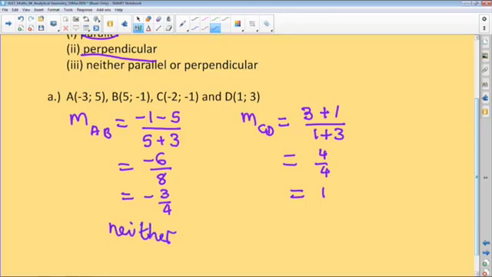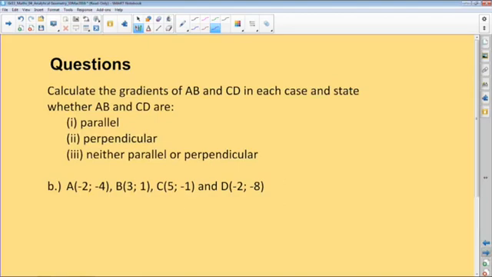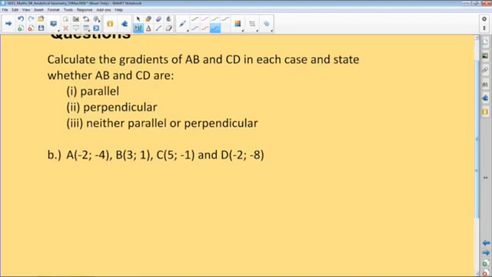Because we don't get the same gradient, or when we multiply the two gradients, we get minus 3 over 4, which is not minus 1. Okay? Right. Now the next problem, you've got the gradient of AB